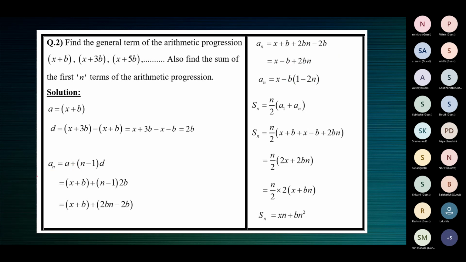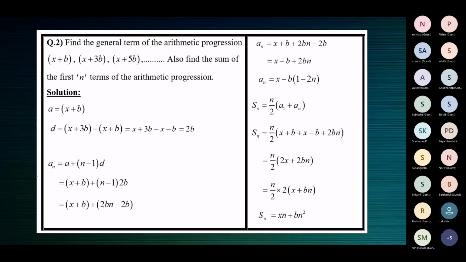So you should tell yourself that in the formula for An, n will be n only. For a and d, you should substitute from the arithmetic progression. You must substitute the expressions for a and d. a is x plus b, d is 2b. Substitute. n is n only. And when you work that, that will be the general term of the AP.